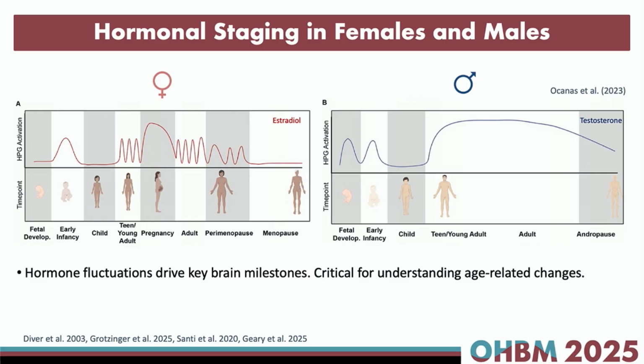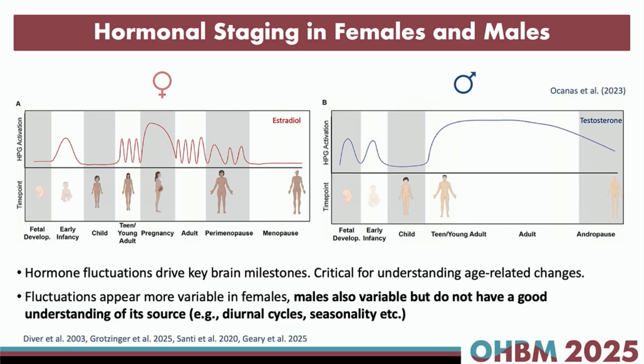However, when you compare the female and the male fluctuations in hormones, you can also see that there are sex differences in them, naturally. So it's also important to look at females and males separately and adopt different strategies. And even though it looks like women have a lot more fluctuations in their hormones and might be more relevant for them, please be aware that there is also a source of variability in male sex hormones. We just don't understand it as well yet.